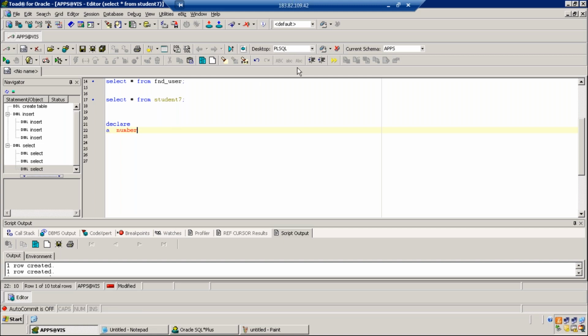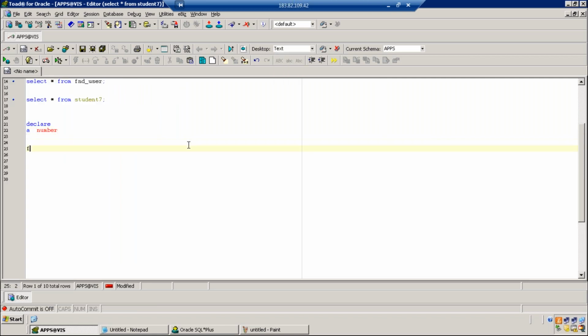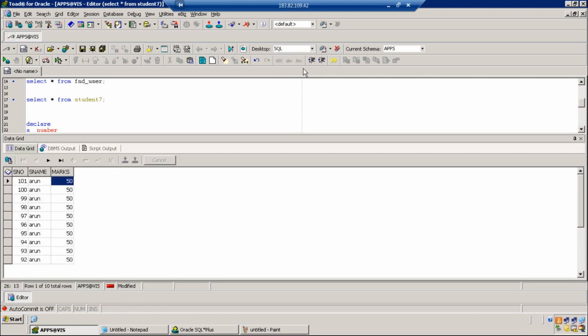If you select a text environment, it is like a notepad file. It doesn't execute. If you want, you can execute it, but it behaves more like a notepad file. But we don't use all these. We most of the time go for SQL only. For PL/SQL programming, where we write programs in notepad and then copy and paste, the best environment is notepad.